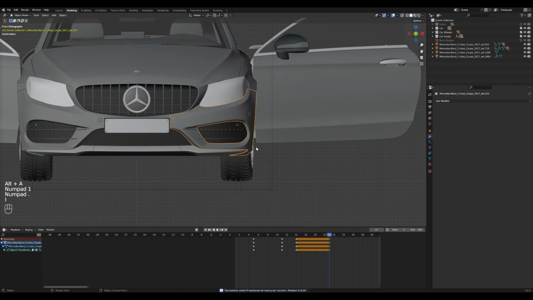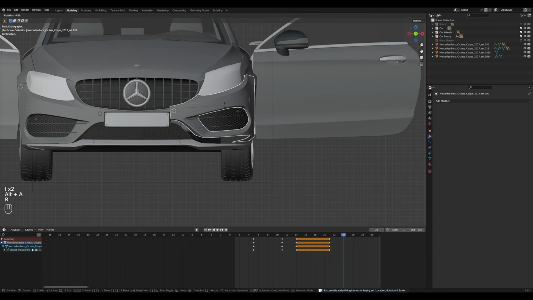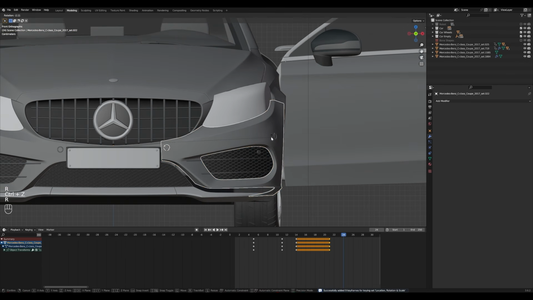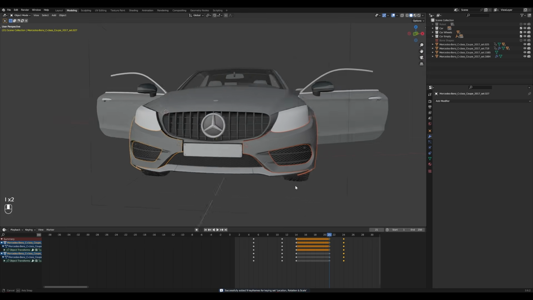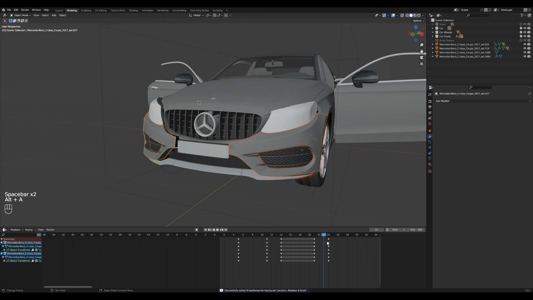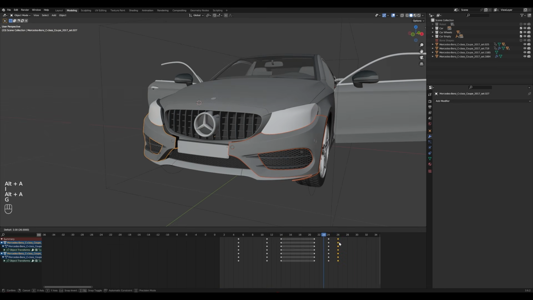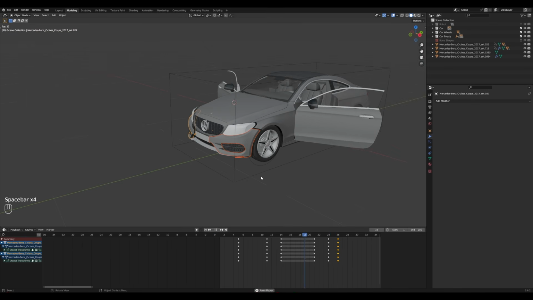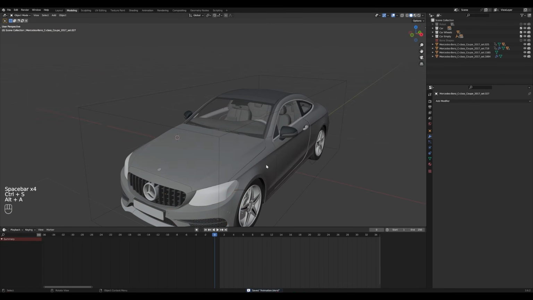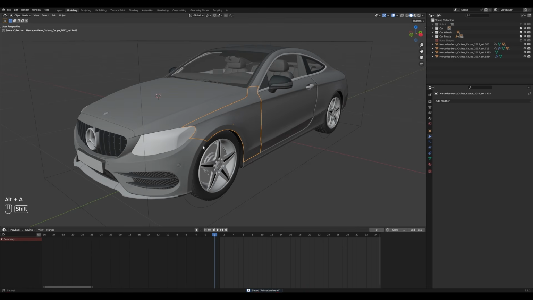So I will add a keyframe here for both of them and then slightly rotate them about here and then hit keyframe for both of them, and also give the bouncing effect here as well. It's very subtle here, but it will add something to the animation.